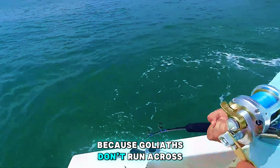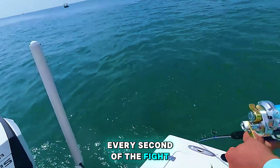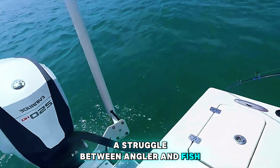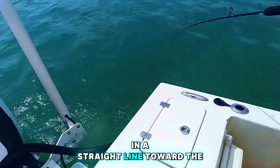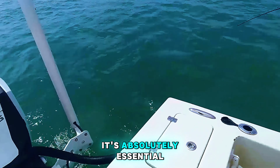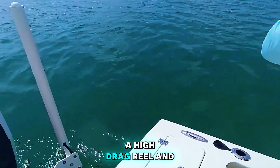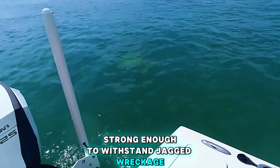Because Goliaths don't run across the horizon like tuna. Every second of the fight is vertical, a struggle between angler and fish, in a straight line toward the ocean floor. The tackle isn't just important, it's absolutely essential. A heavy rod, a high drag reel, and a leader strong enough to withstand jagged wreckage